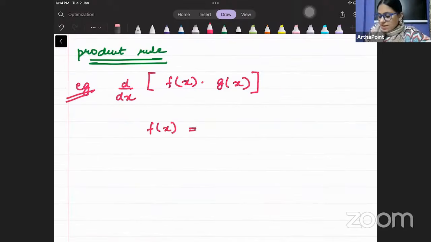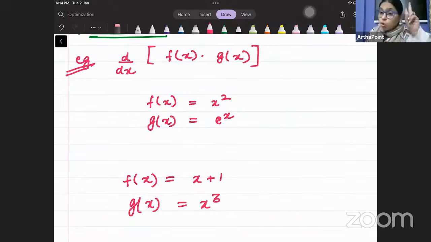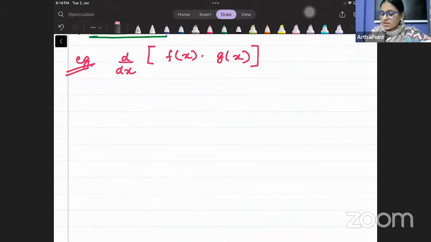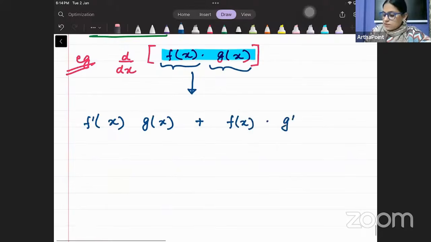दो अलग फंक्शन दिए हुए, कुछ भी हो सकते हैं फंक्शन। जैसे बेटा मैं आपको बोल दूं कि f(x) है x² और g(x) हो गया e^(-x), या मैंने आपको बोल दिया कि f(x) तो है x+1 और g(x) हो गया x^(-3)। दोनों में x का कुछ कंपोनेंट है, और मैंने आपको बोल दिया कि अब इसको डिफरेंशिएट करके दिखाओ। तो जब भी दो फंक्शंस गिवन होंगे, तो हाउ विल बी डिफरेंशिएटेड? पहले फर्स्ट फंक्शन को डिफरेंशिएट करोगे, सेकंड को एज इट इज रखोगे, सेकंड को नहीं छेड़ना, प्लस पहले फंक्शन को ऐसे ही रखोगे और सेकंड फंक्शन को डिफरेंशिएट करोगे। दैट इज हाउ वी यूज द प्रोडक्ट रूल।